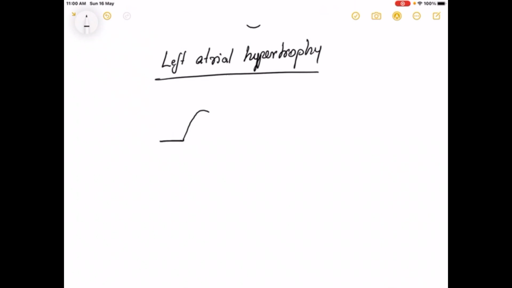Now the left atrium is hypertrophied, so the electrical activity in the left atrium is more and the amplitude is more, producing an enlarged wave on ECG. This produces a notching in the P wave. This morphology of the P wave is called P mitral,